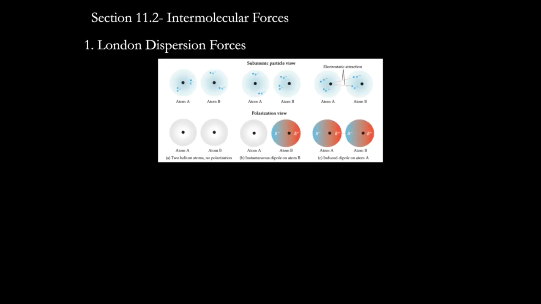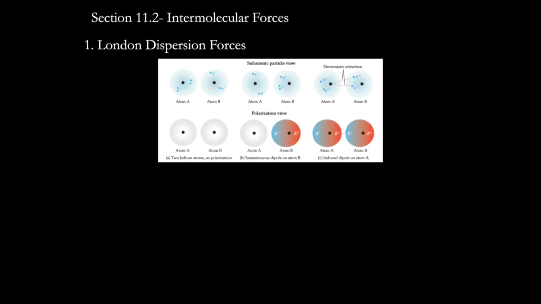Well, if you look at this example, this is helium. If you have atom A and atom B, the electrons, which are shown on the top left and all of the top drawings right there, those electrons can be anywhere at any one instance. So if you look at the center diagrams, the one on the bottom, notice that the electrons happen to be lining up on the left-hand side of atom B. And since they are lining up on the left-hand side of atom B, because they can honestly be wherever, but they just happen to line up there, then the right-hand side of atom B is going to be partially positively